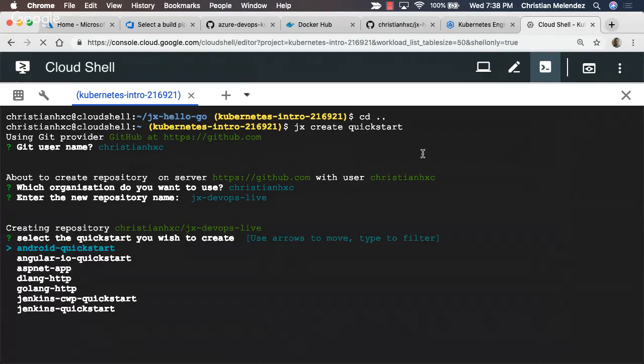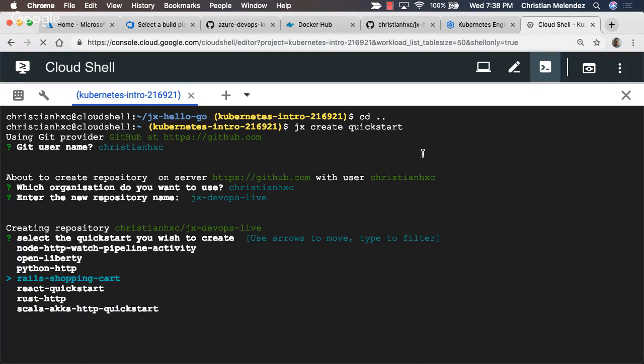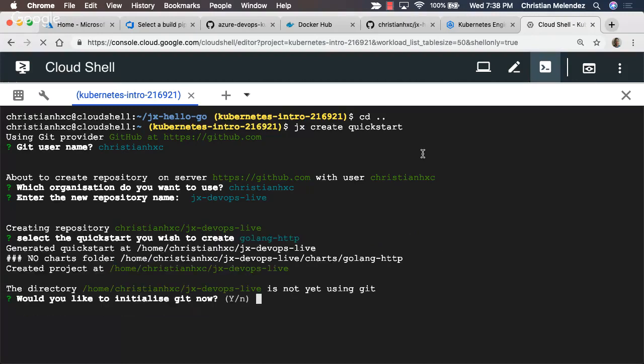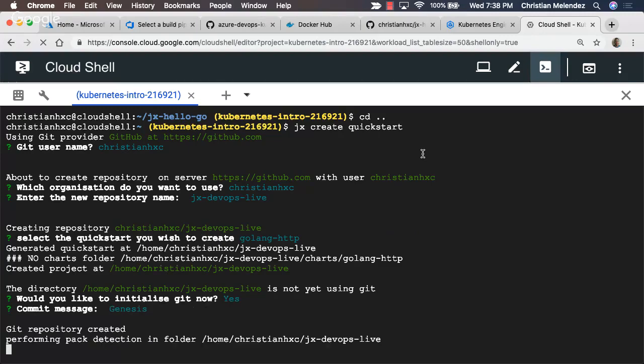Then there are already some application examples that Jenkins X has as templates, and I'm going to use Golang, for example, Golang HTTP. And it's asking me if I would like to initialize the repository. I will say yes. Commit message, I always like to put Genesis.